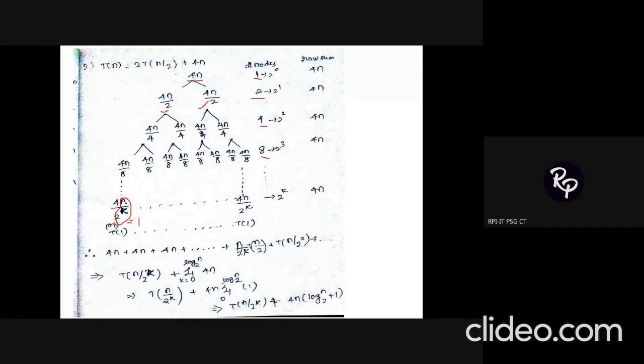So my T of n is in terms of n by 2. So it will be better if I am able to bring something in terms of 2. So 2 power 0, 2 power 1, 2 square, 2 cube, and it goes on till 2 power k. Why is it k? Since we don't know till what depth this will be going on, I'm just keeping my level number as k. So whatever be the k value, I can replace that k value.